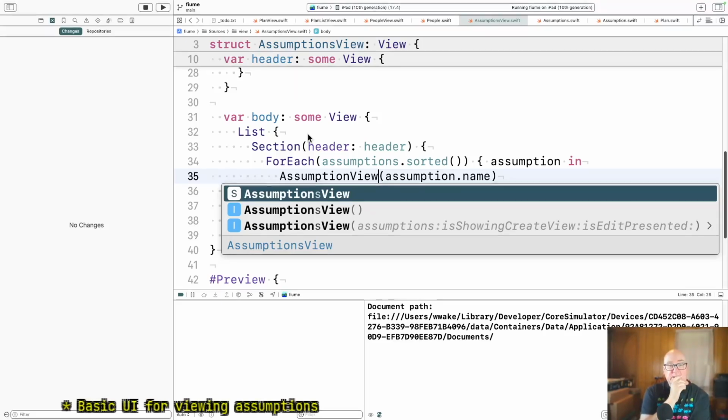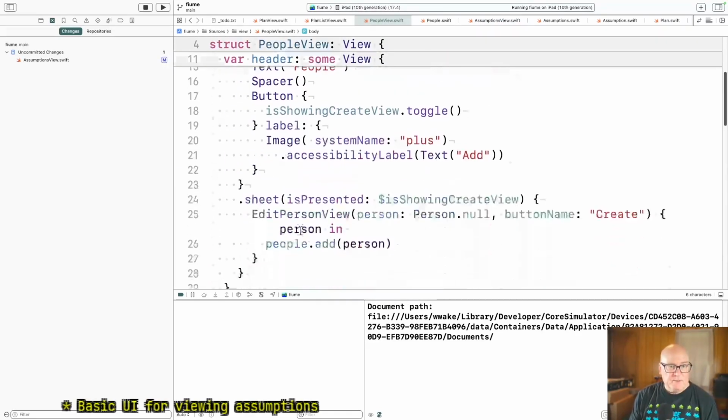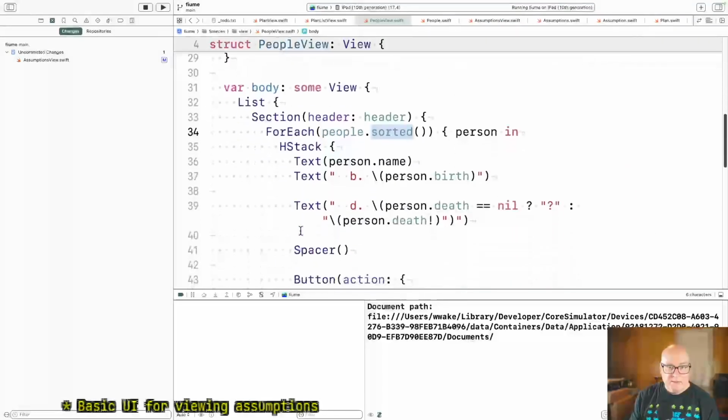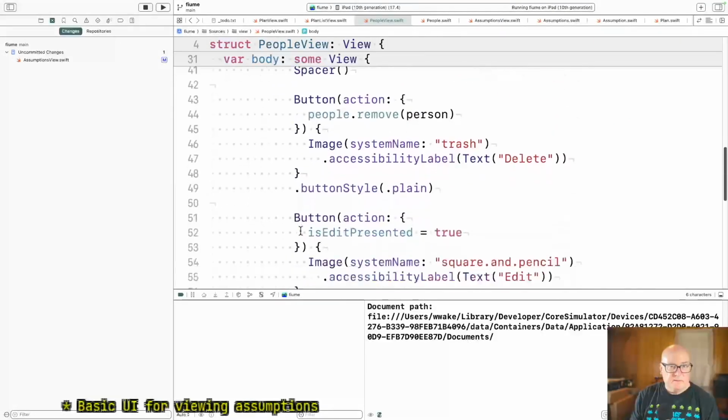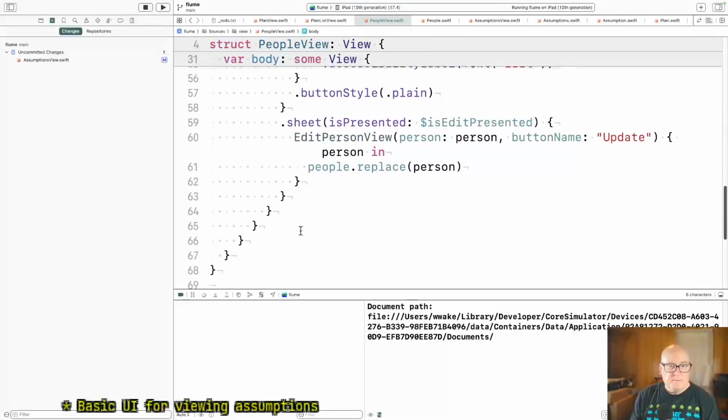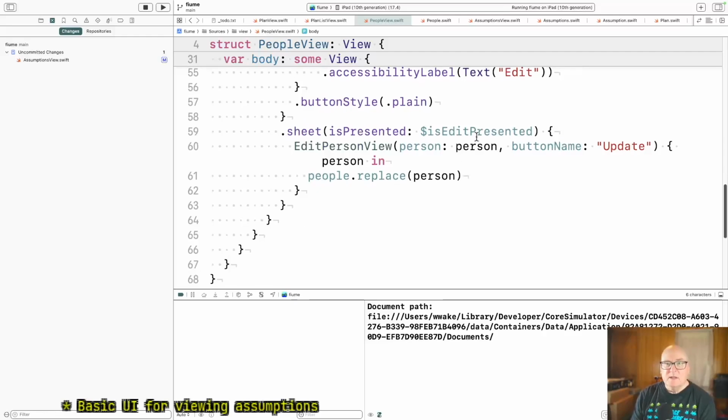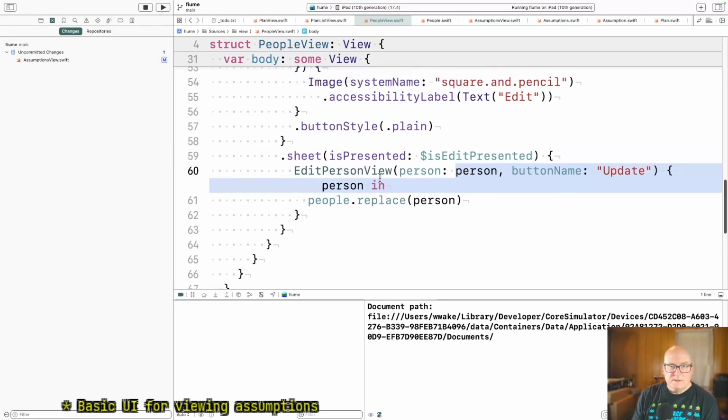I don't know if that's going to be. Well, again, I'm going to go back to people view. I mean, people. Well, no, it's not the same situation. Yes, you can edit the list by adding a person, but